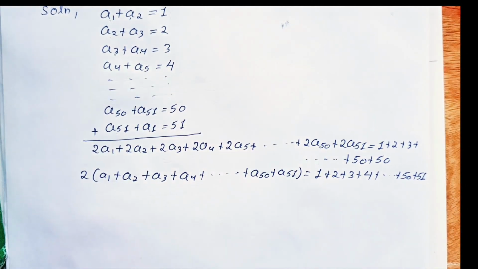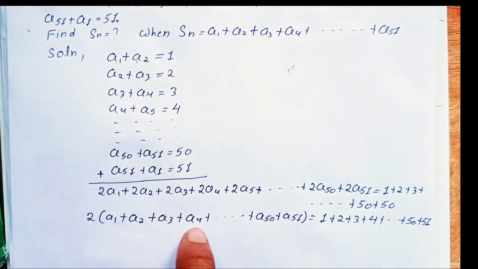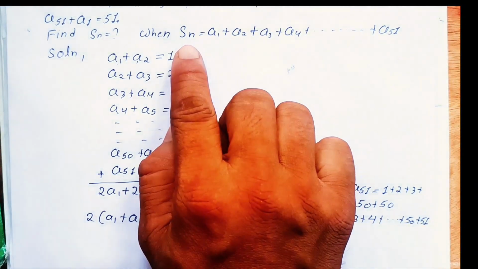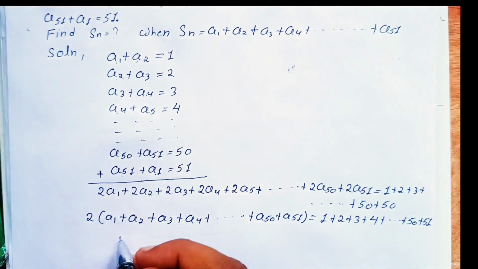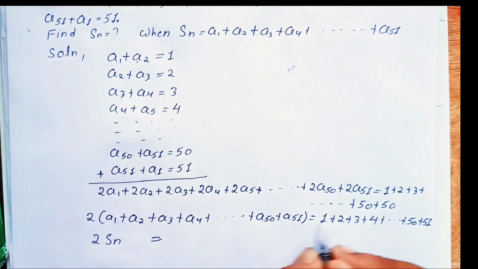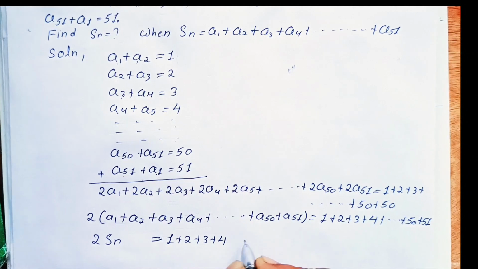Now here, this sum a1, a2, a3, a4 up to 51 terms is actually Sn. So we have here 2 times Sn is equal to 1 plus 2 plus 3 plus 4 plus